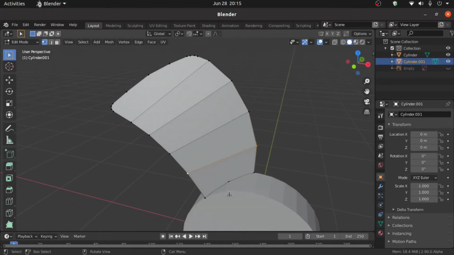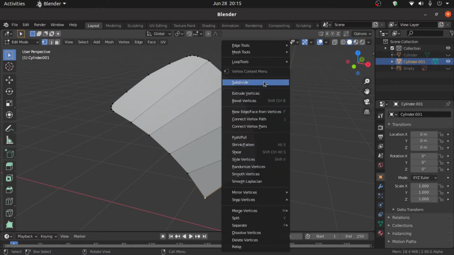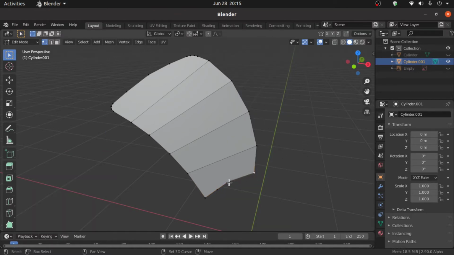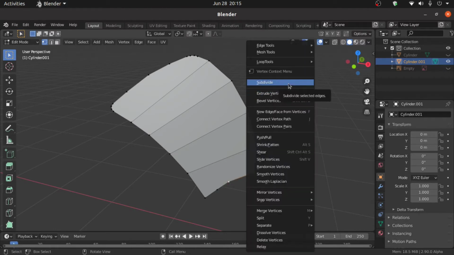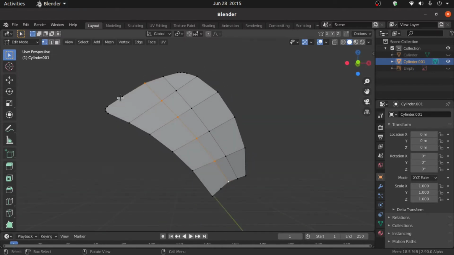Okay. Now select this vertex. Also unhide this cylinder. Then right click, subdivide, and also give a vertex here. So select this vertex, then right click, then subdivide. Select this vertex, then press J to join. Press J to join, and also select this, then press J to join.